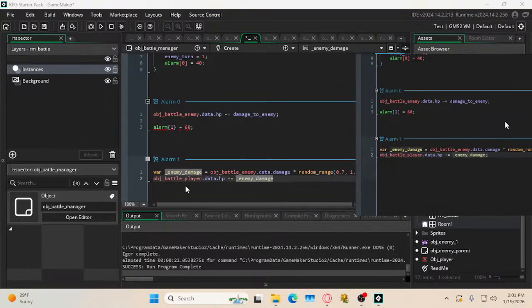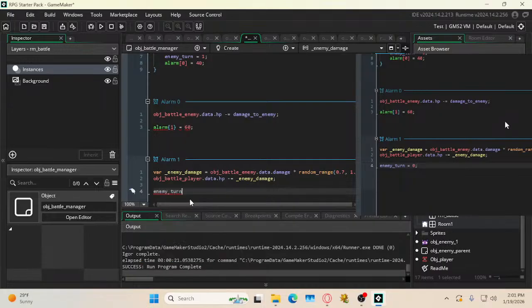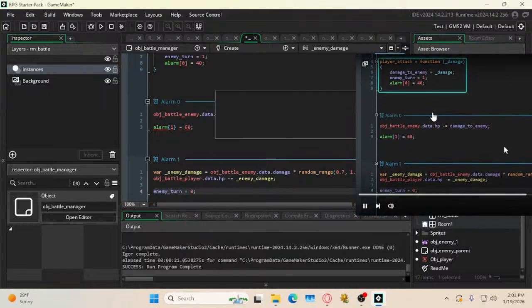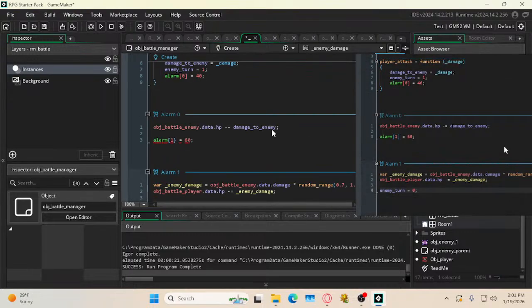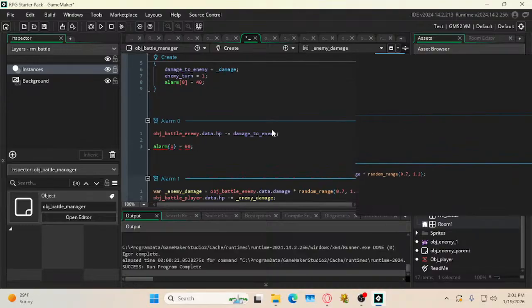And now we set the enemy turn variable to 0 because the enemy has attacked and it's the player's turn again. The turn system is set up now, so we want to allow the player to click on the light attack button, which will call this function. We also want to disable the player's buttons if it's the enemy's turn. For that, let's go into obj_action_parent